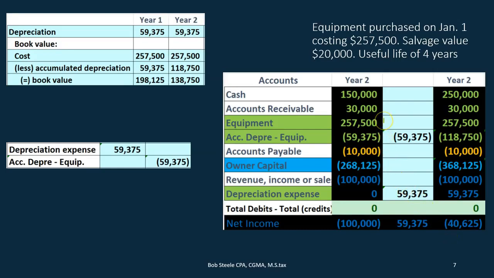On the balance sheet side, the cost remains the same. Now we've got 257.5, and the accumulated depreciation went up in the credit direction for a contra asset account, being an asset account that has a credit balance rather than the normal debit balance for asset accounts, from 59,375 in the credit direction. The same thing makes it go up, so a credit and a credit made it go up in the credit direction to 118,750. The debit of the equipment, the T side of the T account, minus the credit of the accumulated depreciation, the R side of the split of the T account that we made, will give us the book value of the